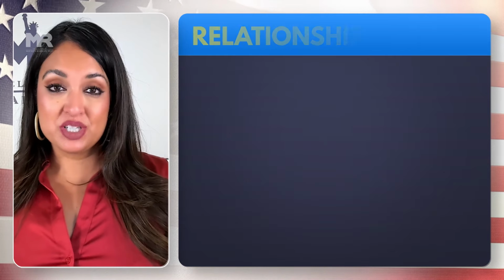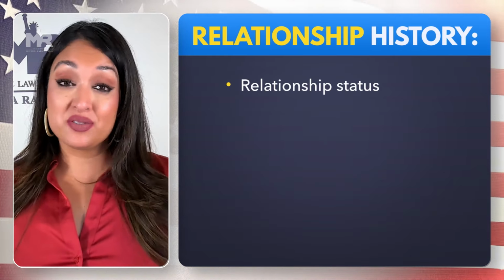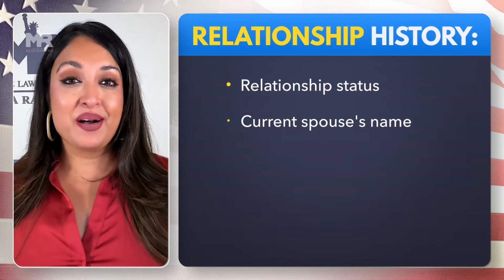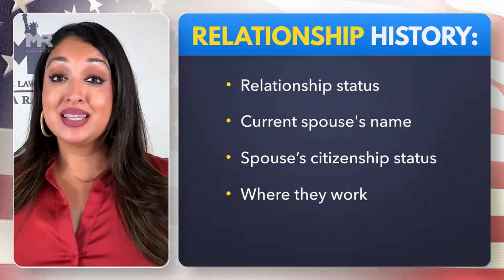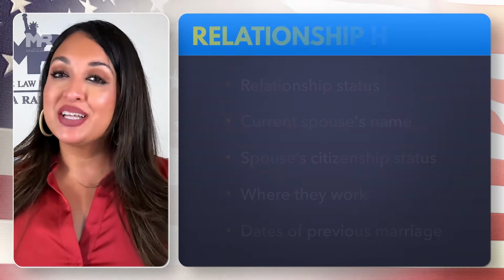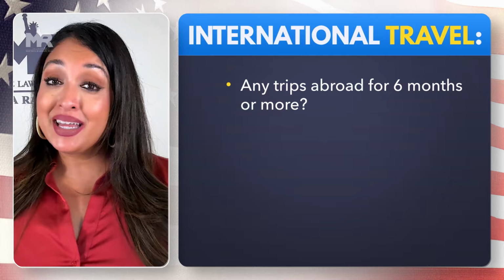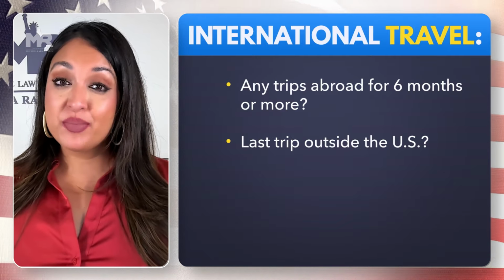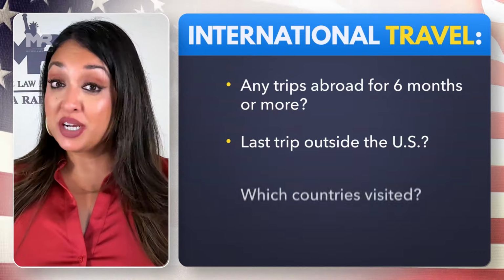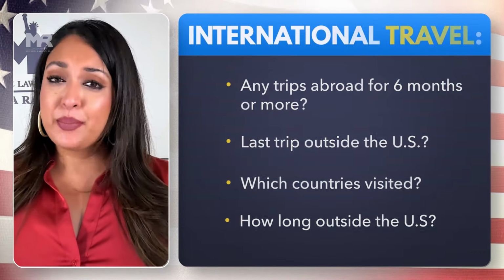citizens, relationship history such as whether you are married, single, divorced, or widowed, your current spouse's name, their current citizenship status, and where they work, the dates of your previous marriage, your international travel history, including whether you have taken any trips abroad for 6 months or more, when your last trip outside of the United States was, which countries you visited, and how long you were outside of the US on this trip,